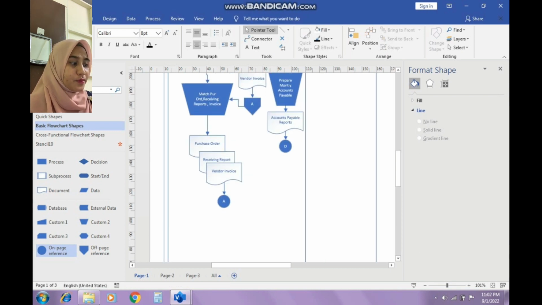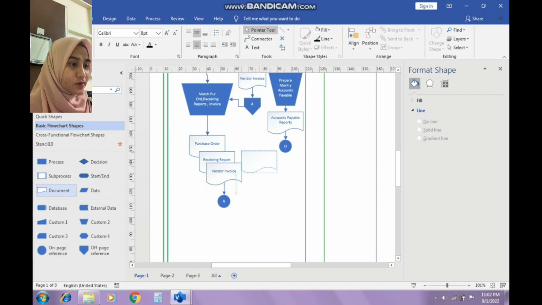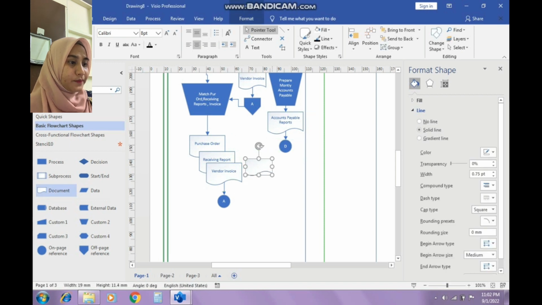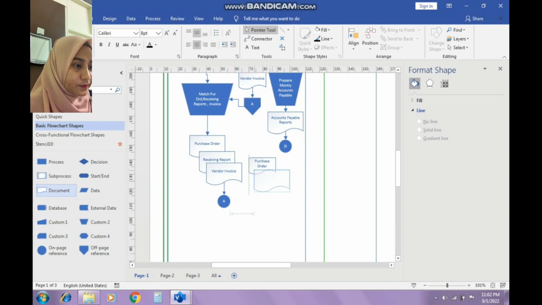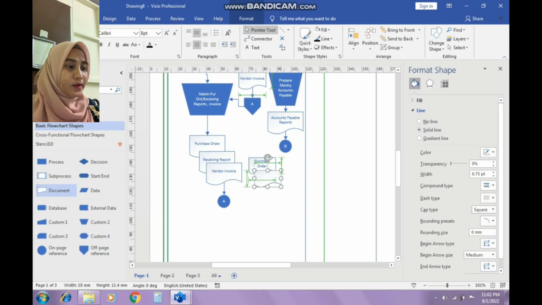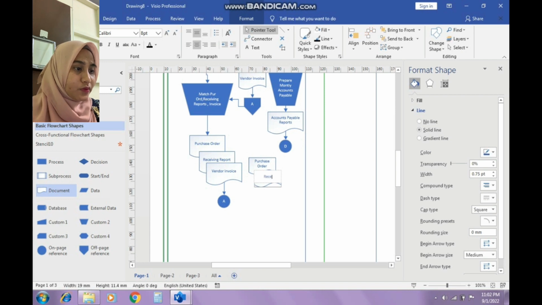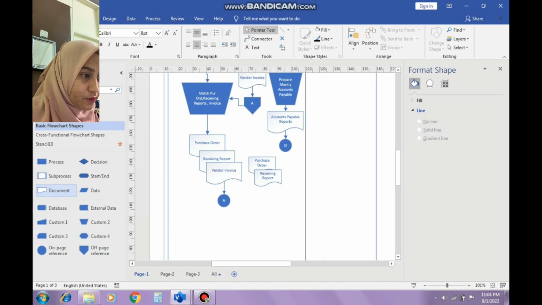Okay, also we need to record this and end it with A. Okay, so I will use the same things, purchase order, purchase order, and then we also have receiving report. Okay, so we use the documents from receiving reports and also documents from vendor's invoice,